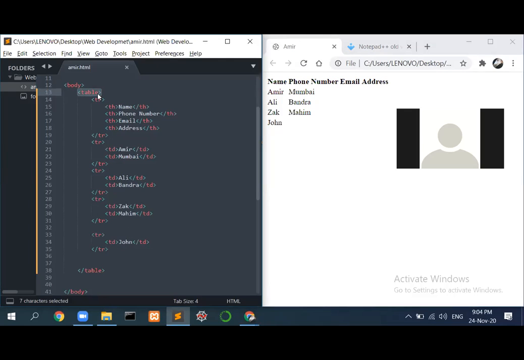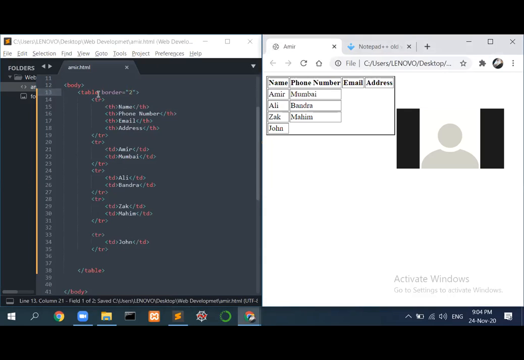So if I don't add this thickness of the border, like if I don't write border equal to something, like if I keep it as 2, it will display a particular thickness of border. So if you are adding a table on your HTML website, make sure you give a value to the border. If you haven't assigned a value, there won't be any border seen. It will be in a table format, and